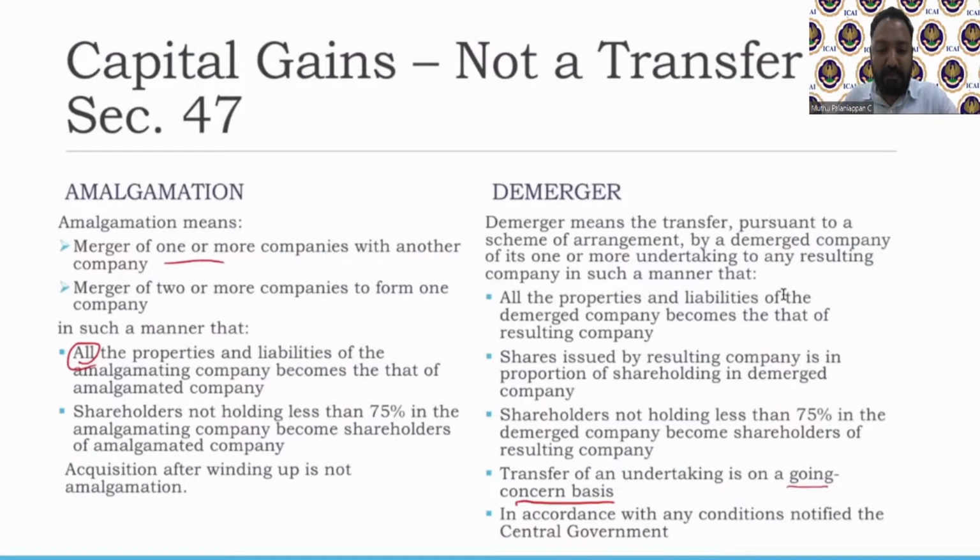Some of you, Nikita, Dhyanesh, and others, have asked about the difference between merger, acquisition, and amalgamation. Basically, a merger is two entities becoming one single entity. One of you spoke about Vodafone and Vi becoming one single company. So they are merging as one single entity, which is typically called a merger.